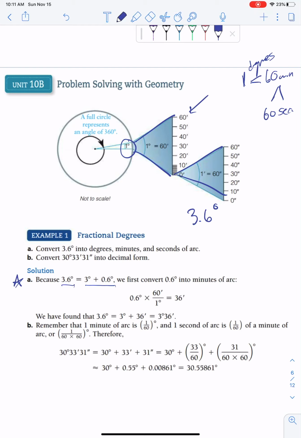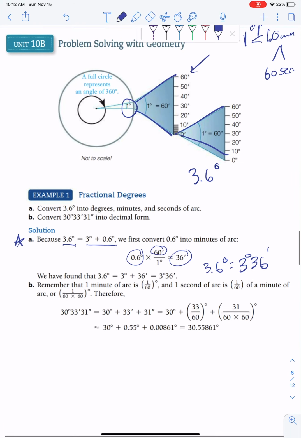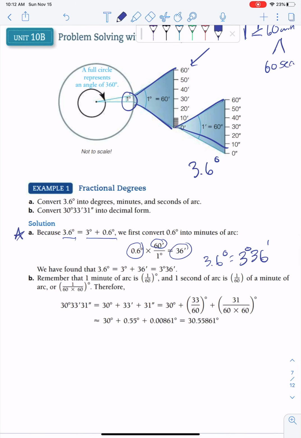So to do that, I take 0.6 and I multiply by 60 minutes because each of those degrees has 60 minutes. Well, 0.6 times 60 is 36 minutes. So I would say that 3.6 degrees is equal to 3 degrees and 36 minutes. You'll see this a lot, even in the moving on when we start talking about,